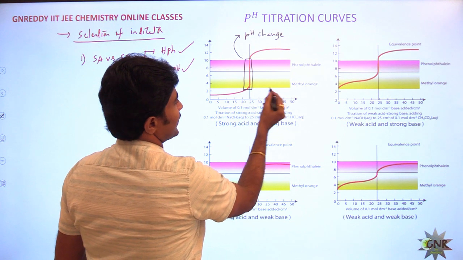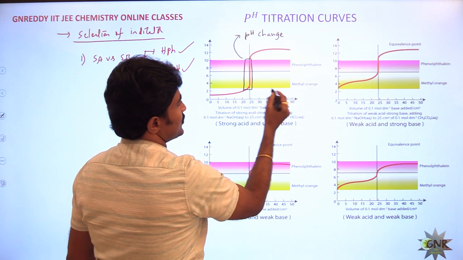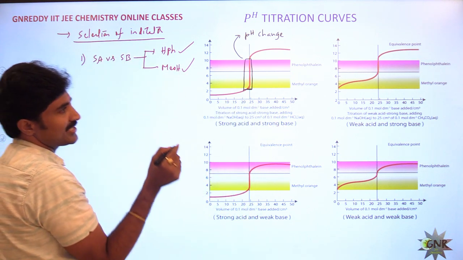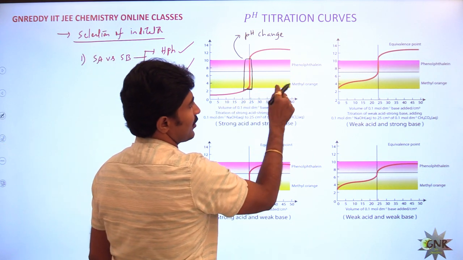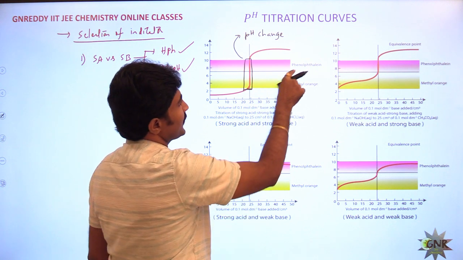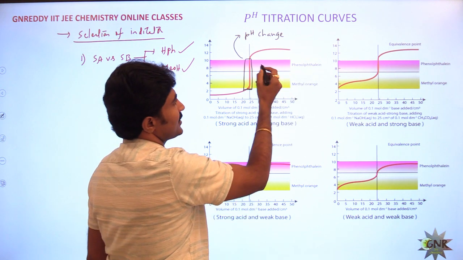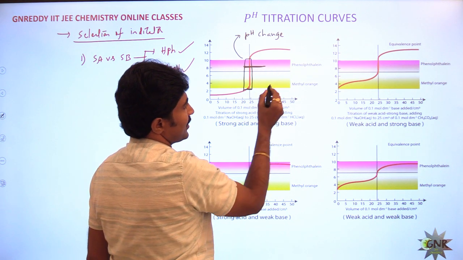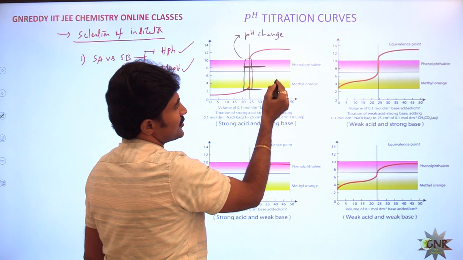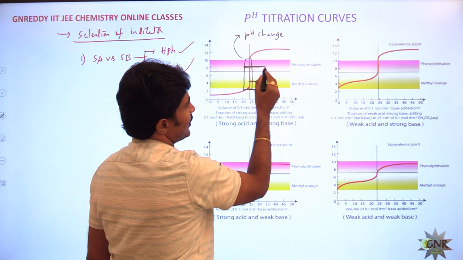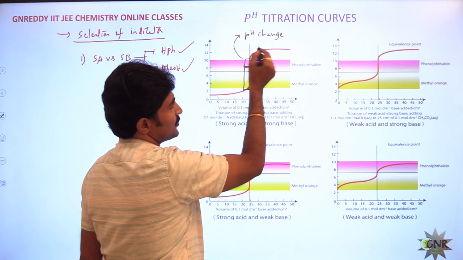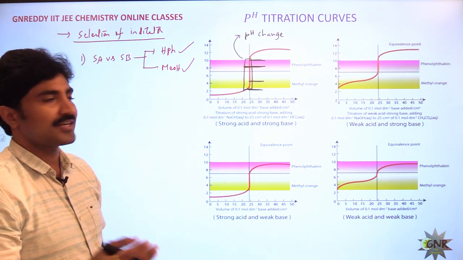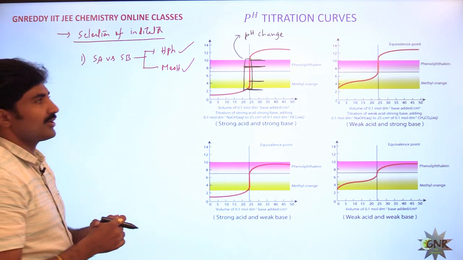If you look at this, this is methyl orange. From this pH onwards, what is the methyl orange color? In acidic medium orange red, in basic medium yellow color will be obtained. In phenolphthalein, in acidic medium colorless, and from this onwards pink color will be obtained. Up to this yellow, and from this onwards pink. So like this we can understand the selection of the indicator. We can use any one of the indicators.